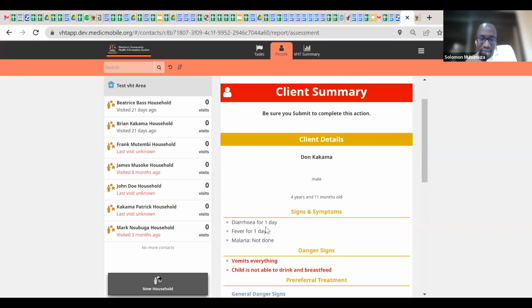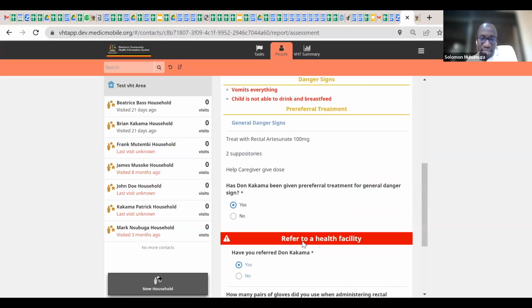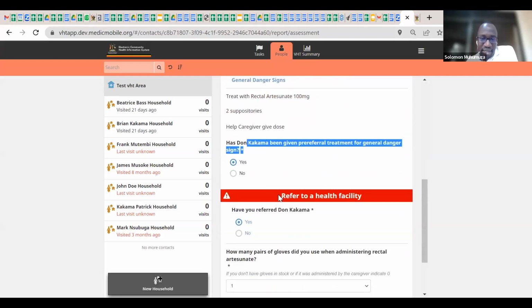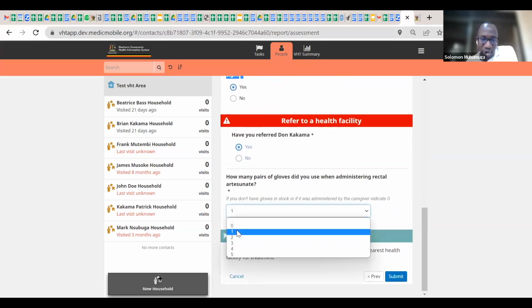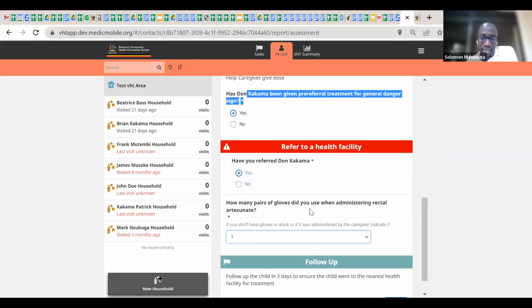This particular child has had diarrhea for 1 day and fever for 1 day. Remember, for malaria we didn't do an MRDT, and the danger signs are just 2 out of 4. And this specific child has been referred. Of course, we ask if differential treatment has been given, and in my case it's a yes, and that is rectal artesunate. And the VHT was able to use 1 pair of gloves, because we need to account for